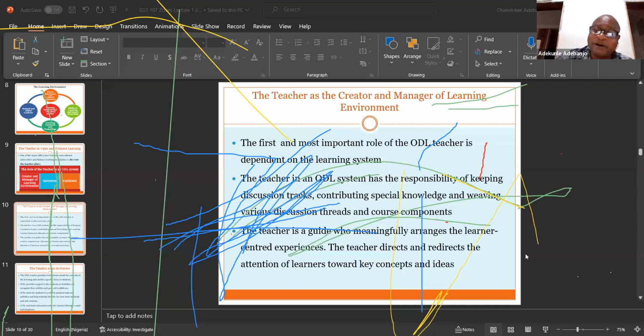So all these things will be addressed, and that is the essence of this course, so that you will have your reading smoothly. And this study guide, we don't have it in any other university. It's the best so far. I was once a lecturer in Olabisi Onabanjo University. I was once a lecturer in University of Lagos before I joined this National Open University. So for you to know that you cannot get these tips or guides that you are getting from here.